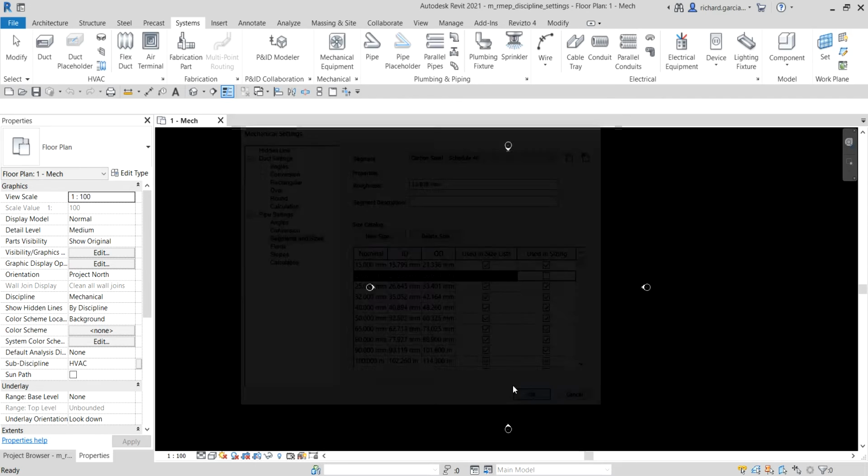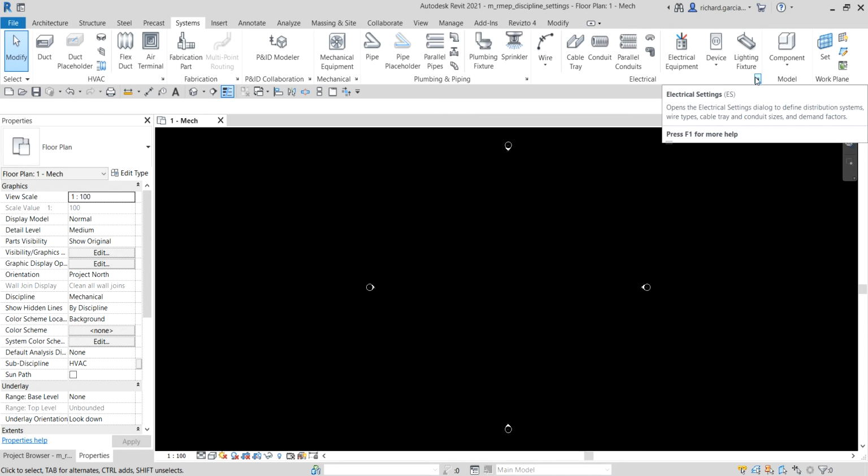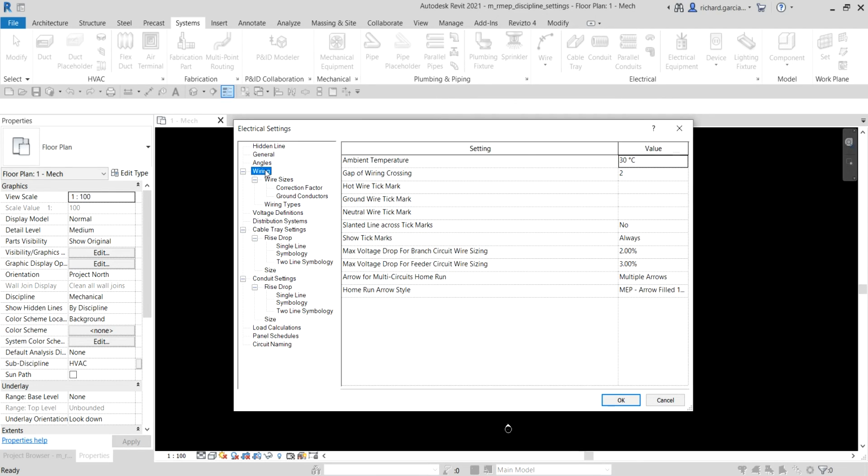So that's it. Okay, so now let's say I also want to modify the electrical settings. So I click this, electrical settings. So I want to define, let's say, the tick mark. Okay, the tick mark can be found here on the